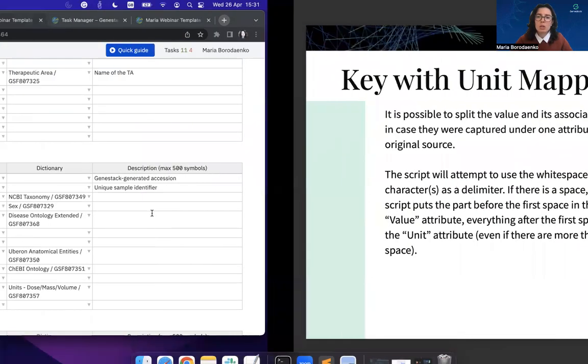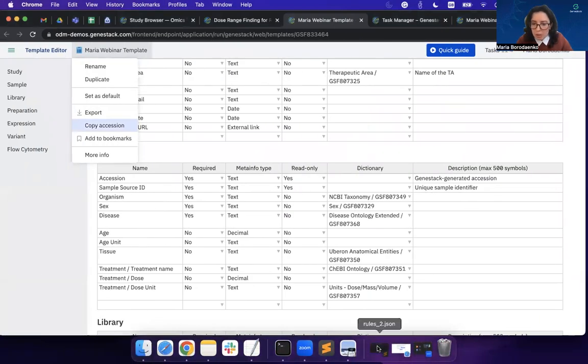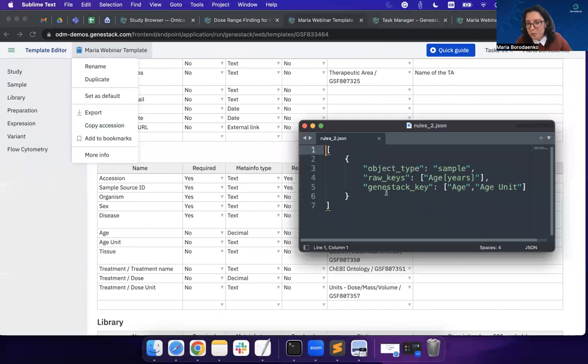And for this, I've got a really small little rule. So this is how it's captured. The same, you just say that, okay, this is samples, and please take one row key. So this is only one attribute, age, years. But then in the Genestack key, I just provided two of those